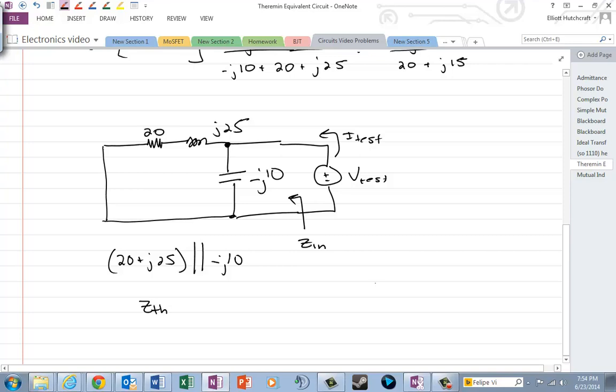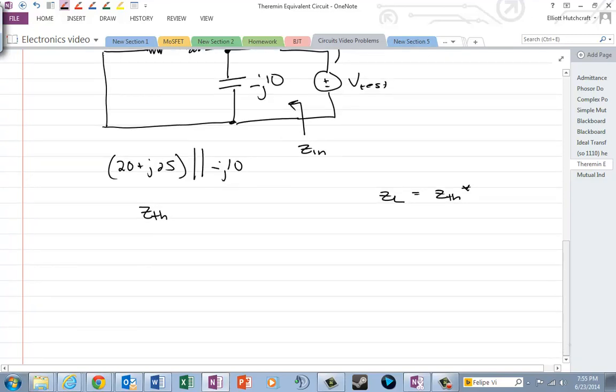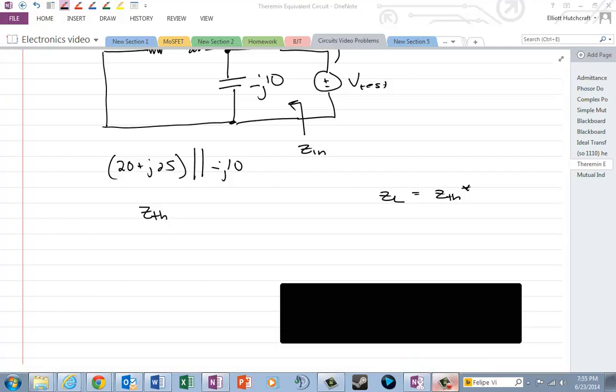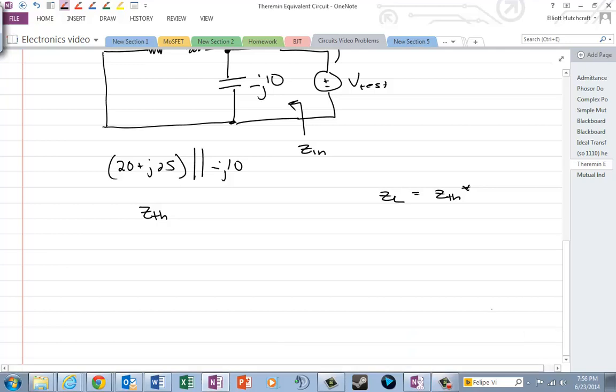And once we get that, we know that for maximum power transfer, we need to have ZL equal to Z Thevenin conjugate. It's as simple as that. Now, what's that going to be? Well, let's get our calculator and figure it out. So for the 20 plus J25 in parallel with the minus J10, let's see, we'll get